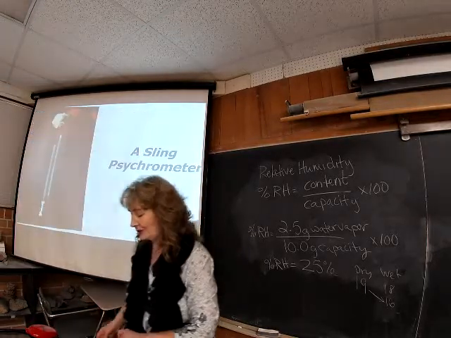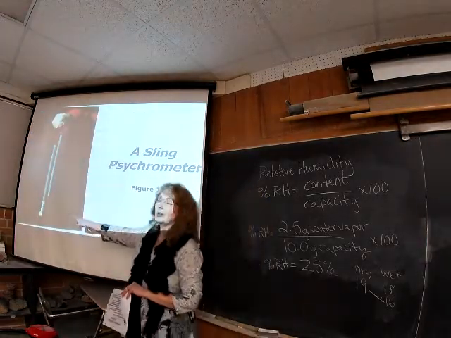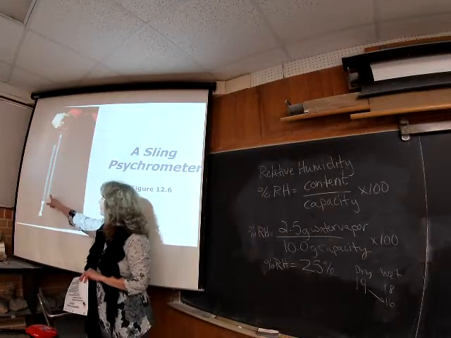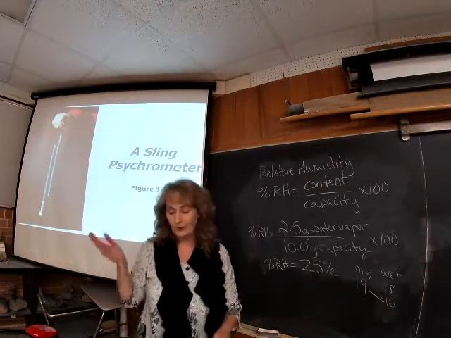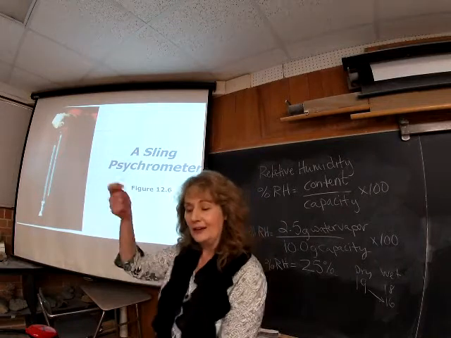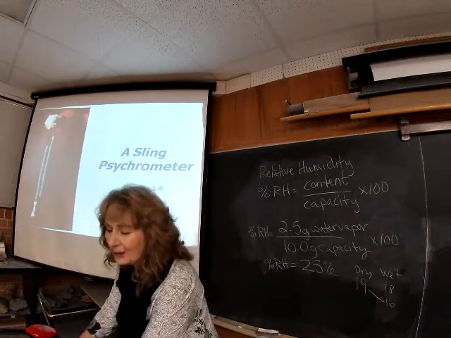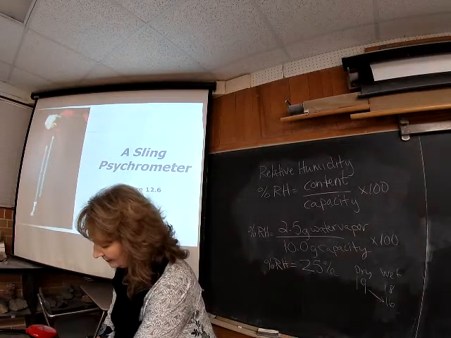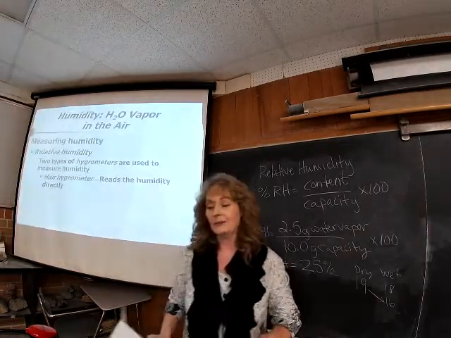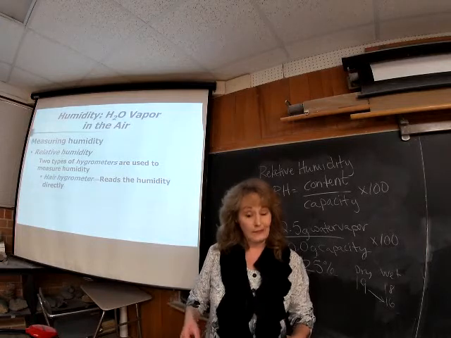And I think they'll have a nice picture of one. But yeah, so here you have some gauze on one bulb, and the other one is the dry bulb. So wet bulb and dry bulb, and they got a big one there that they can really sling around. A sling psychrometer, they call that. A very good way to translate those into relative humidity.